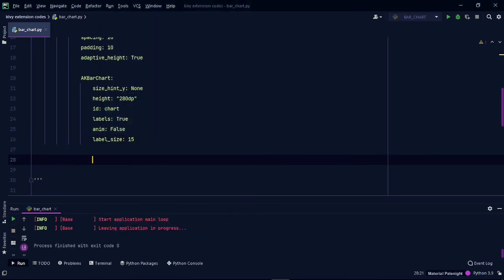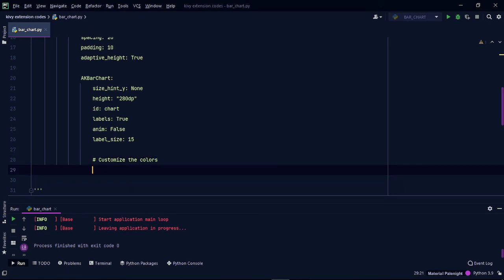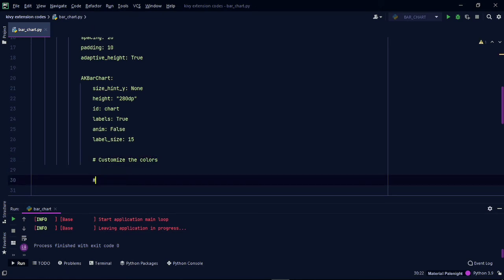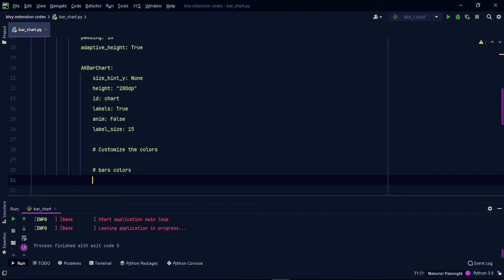Let's play with the colors. At first, we will see how to change the bar's color. Bar's color can be changed with this property.